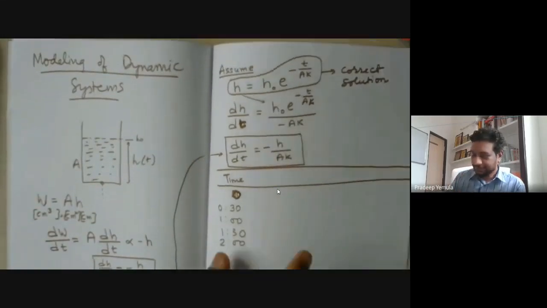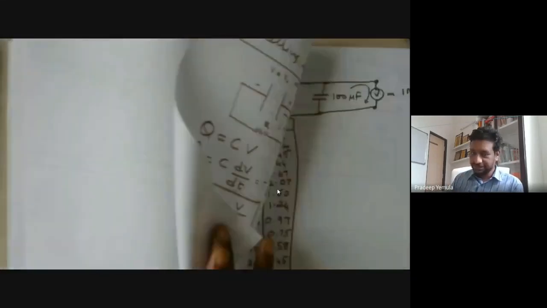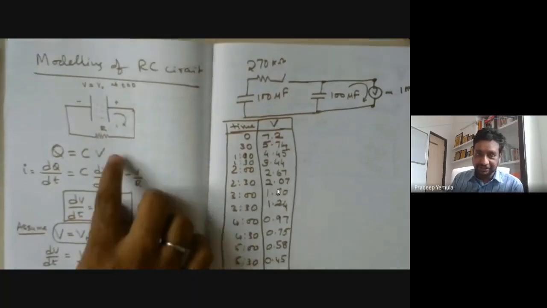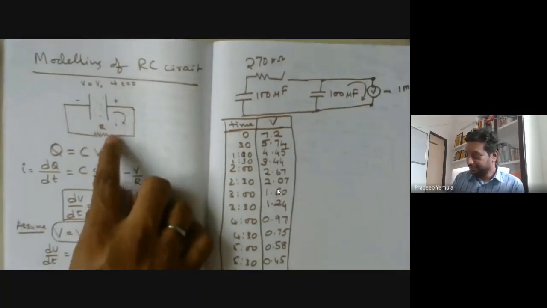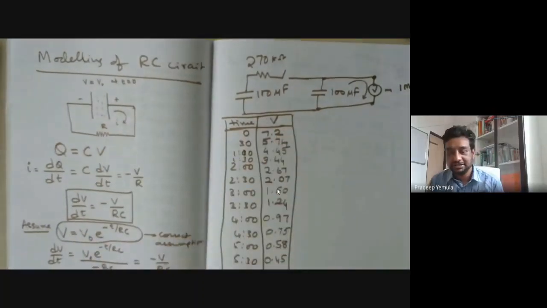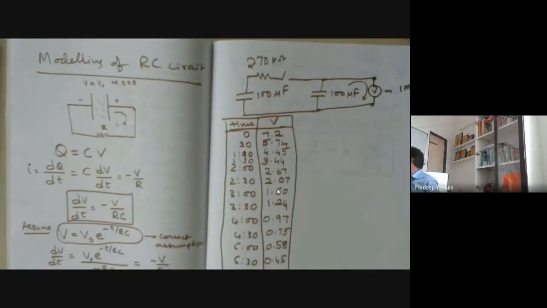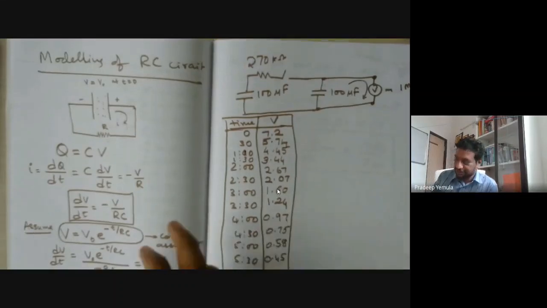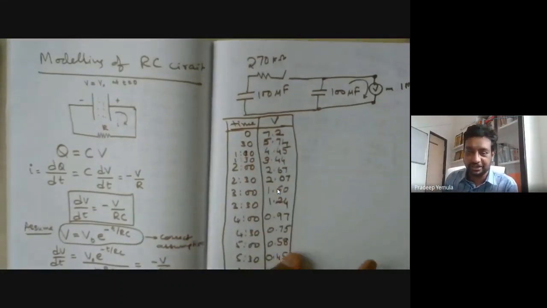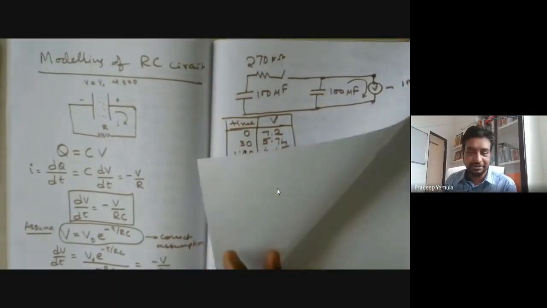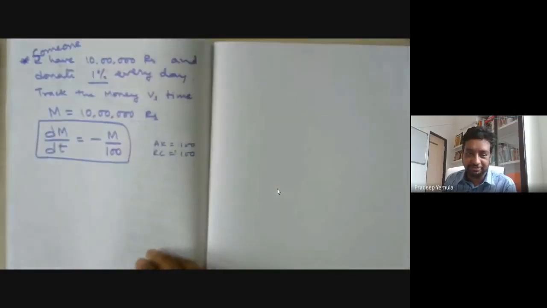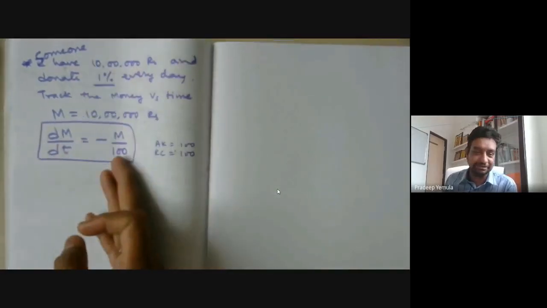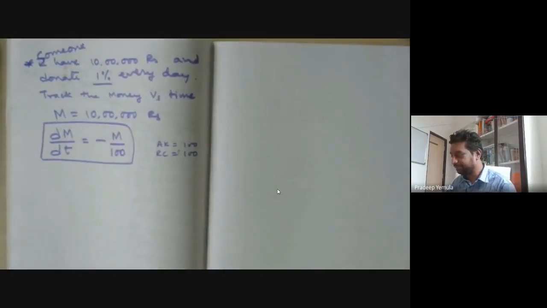Then the next example, we are taking a simple RC circuit. Even the RC circuit also has the same kind of result. The equation is the same, and because of the starting value, the readings are slightly different, but that is also done. And finally, one more example we have done where the same equation we have taken and we plotted.